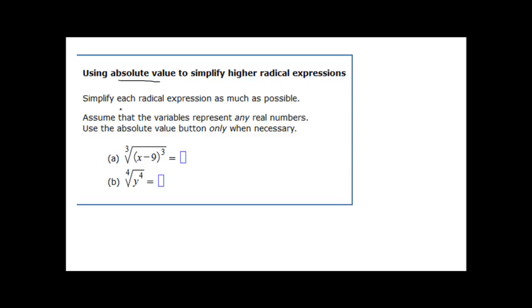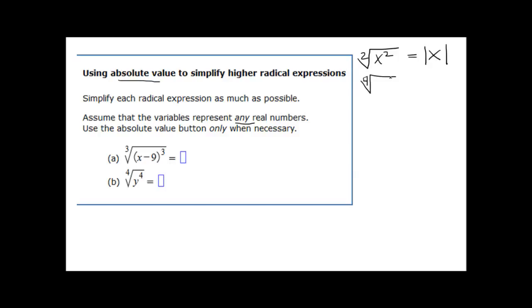And here's why. It says simplify each radical expression as much as possible. Assume that the variables represent any real numbers. Okay, so any real numbers means it could be positive and it could be negative. All right, so for part A, that really doesn't pose a problem, because the only time we need to worry about an absolute value is when we take the square root of x squared and we say, oh, well, if x was a negative number, that would turn out to actually be the positive version of x,